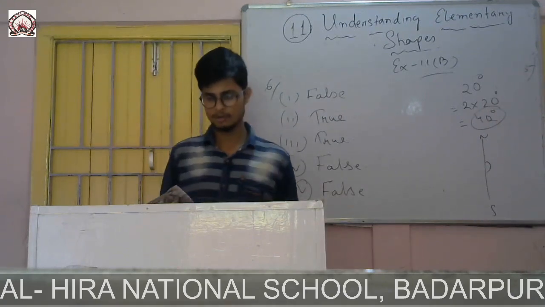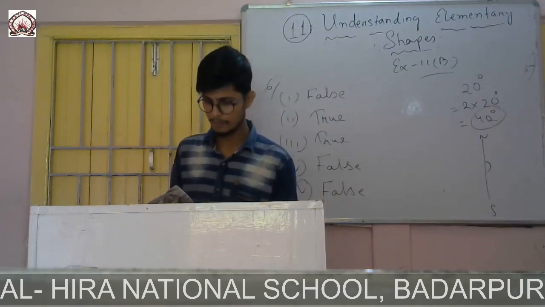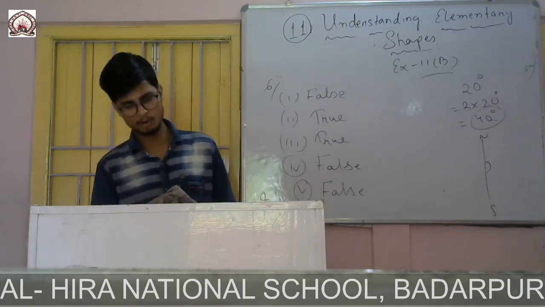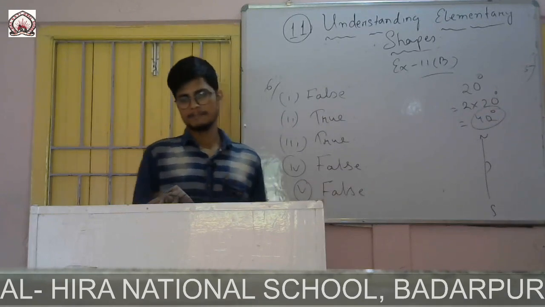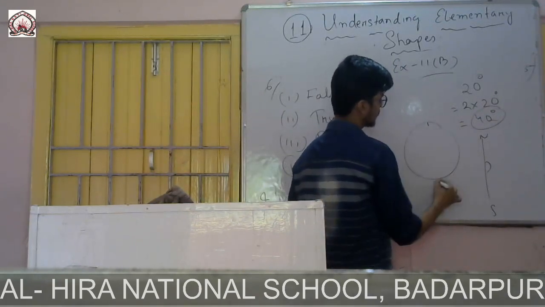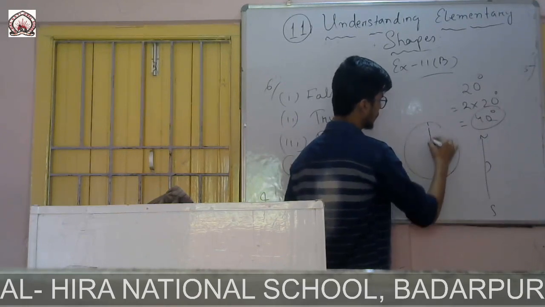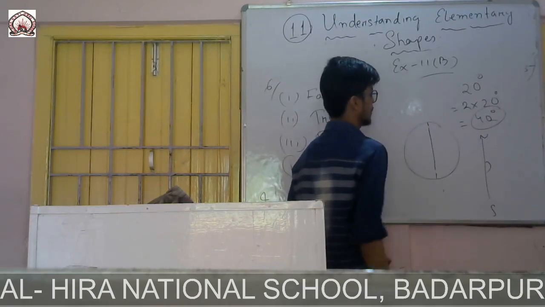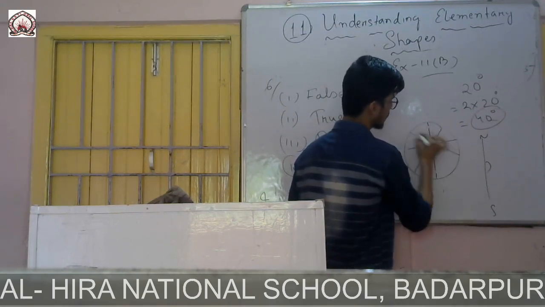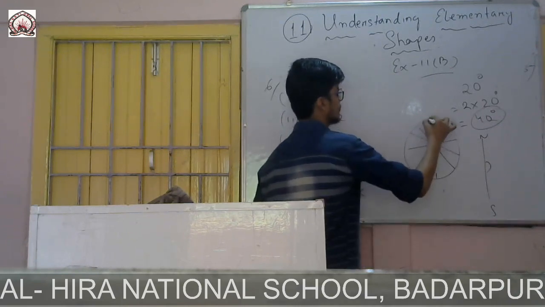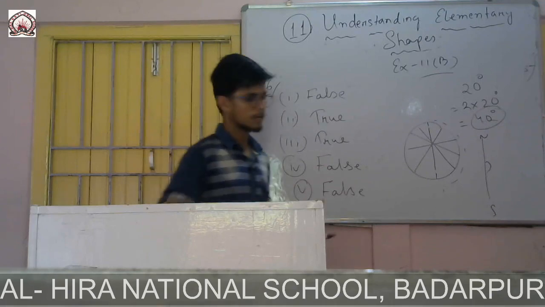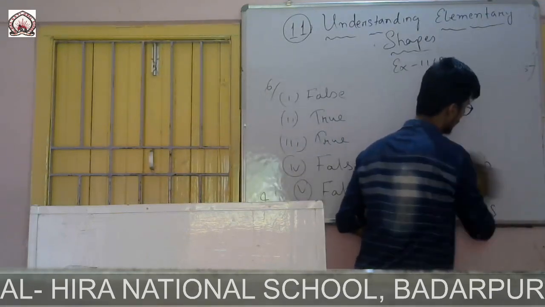Okay, now last question of this exercise, question number 12. How many times during the day do the hands of the clock form a straight line? So how many times during a day? If I simply draw a clock, in every moment, when it will be 12 o'clock, 12:30, then it will be one time, then every time whenever it will come in contact, it will form a straight line. That means in 24 hour 24 times. So question number 12 answer will be 24 times.